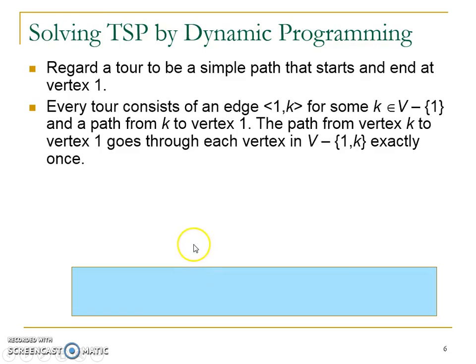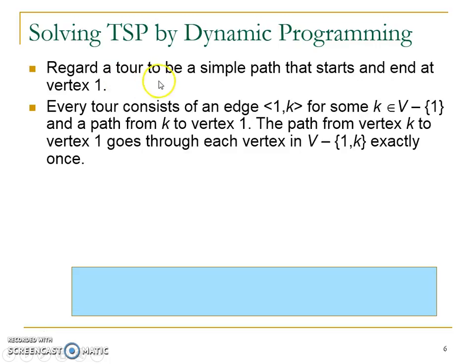So let us now try to solve our traveling salesperson problem using dynamic programming, using the concepts we have learned till now. To review very quickly, the traveling salesperson problem says that if I start a tour in a graph, we basically represent the problem as a weighted graph. In a weighted graph, I start the tour at a vertex. I have to visit all the rest of the vertices in the graph once and then return back to the starting vertex. And the optimization here is I have to find the path which has the minimum cost.